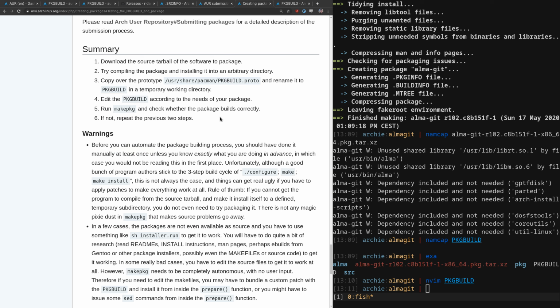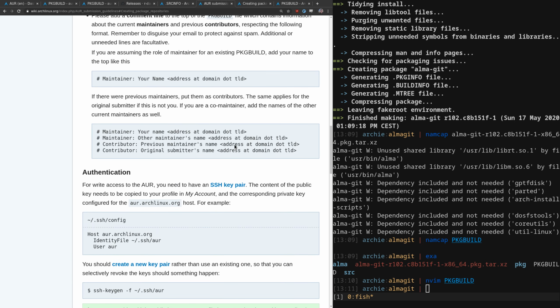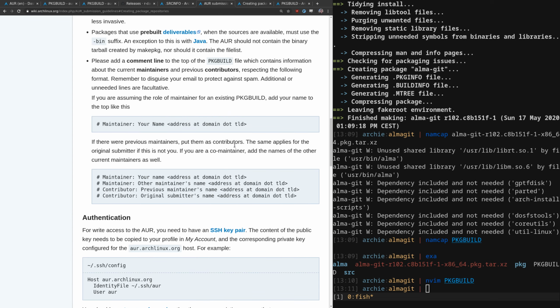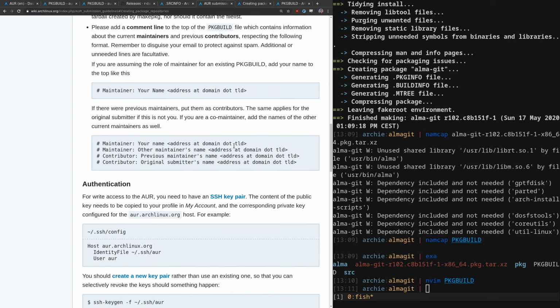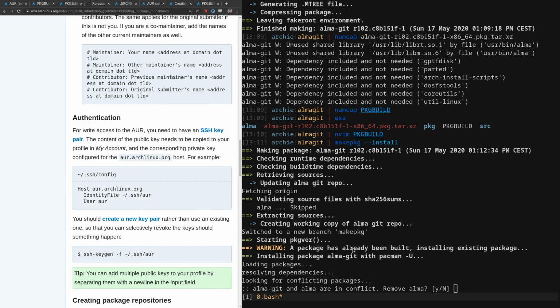So, where are we? AUR submissions. Okay, we have the SSH key pair done already, and so we need to do this. We need to create this repository, so let's do that now. And actually, before we do that, we've now installed the normal Alma package. If we now try to install this, we should get alma-git and alma in conflict, remove alma. If I say